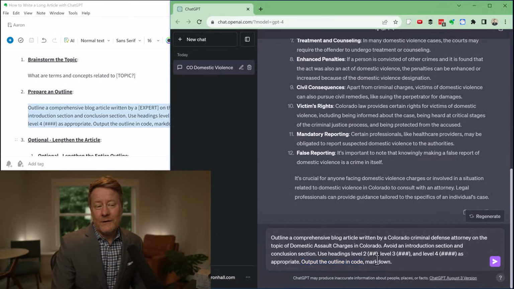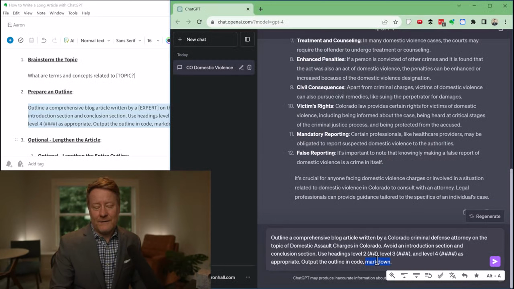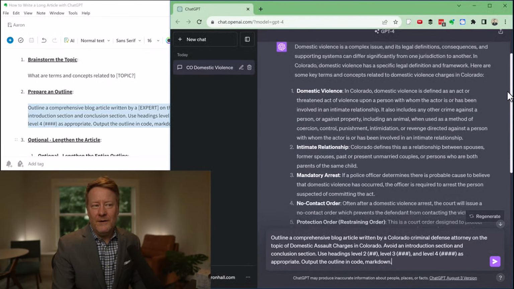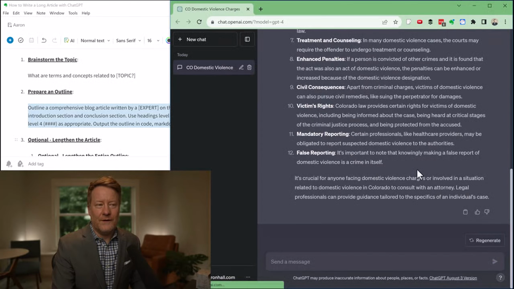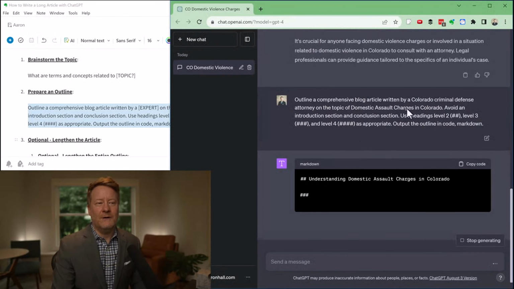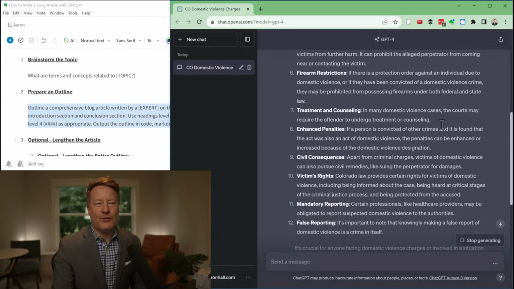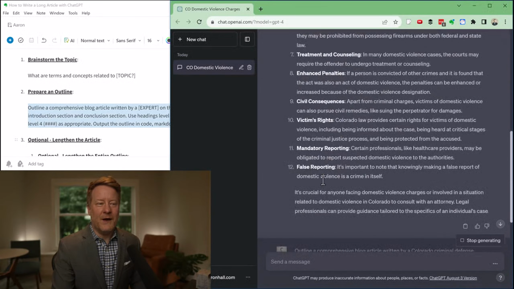And then markdown is a format that computers can read well and humans can read. So for example, a heading of level 2 would have 2 number signs before it. You'll see what that means here. So with all of this initial brainstorm in its short-term memory, now we can move over to prompt number 2, prepare the outline. So it's going to use that short-term memory here to prepare the outline.